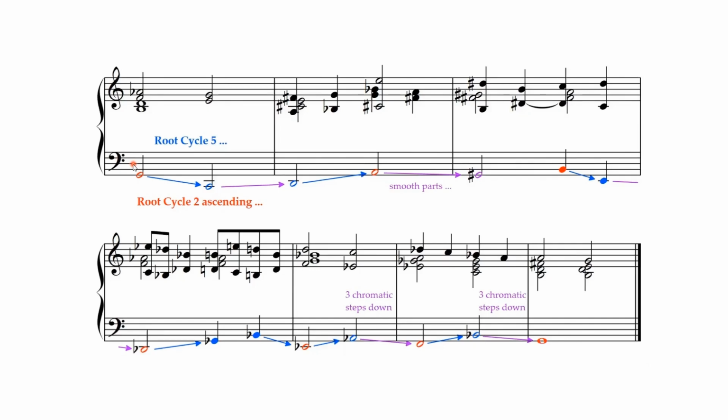Also, the treble follows a pattern. And I leave it up to you to find it. But if you need help,